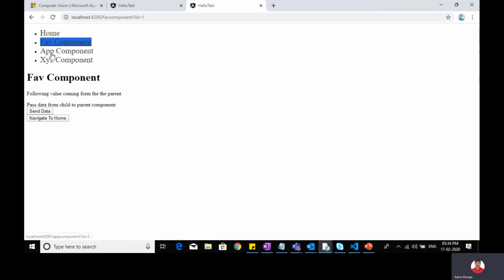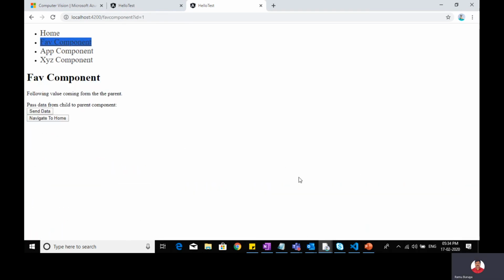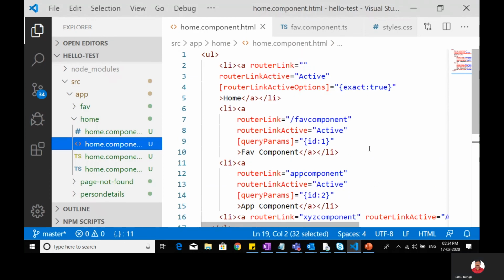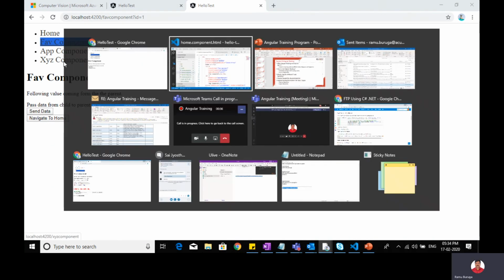The coloring and everything can be done through CSS. That also I'll show you. You see this active, because of this router link active property, these are colored, and the selection shifts from one component to another.